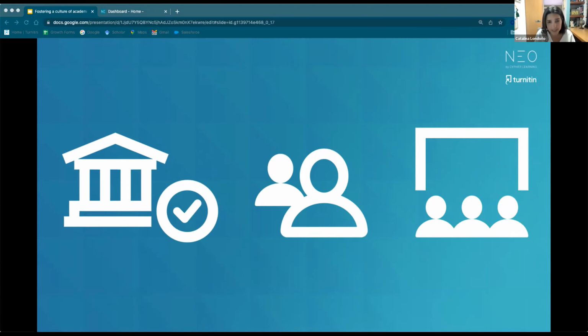The first thing I want to emphasize is that talking about academic integrity and making it happen is not one person's job. This needs the institution, the teachers, the educators, and the students. There are different components of this whole academic integrity idea that we need to work on. As the institution, having academic integrity policies, for example, and the educators, well, we have to model it, and we have to